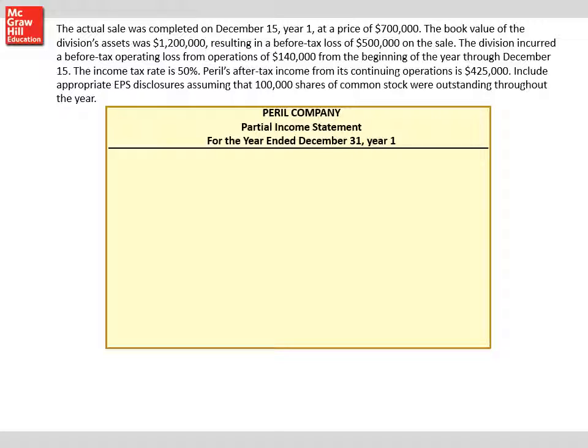For instance, they were in two major types of industries, farm and office supplies. They're selling their farm division. They're getting rid of it. Well, that's a discontinued operation. The day they decided to sell it, they say, okay, have we